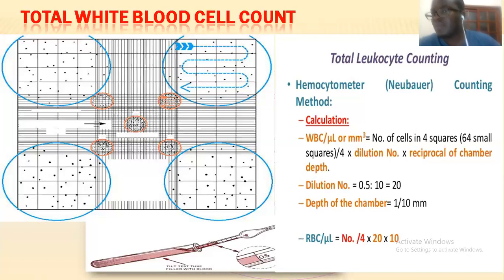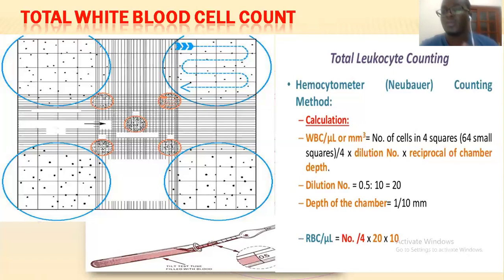I mean, the total number of cells before dilution, because you factored in the dilution factor and also the depth, the reciprocal of the chamber depth. So with all these factors, it means per microliter of blood, you'll have counted 7,500 cells. So this total white blood cell count now will become